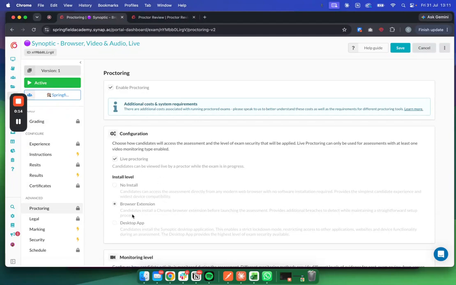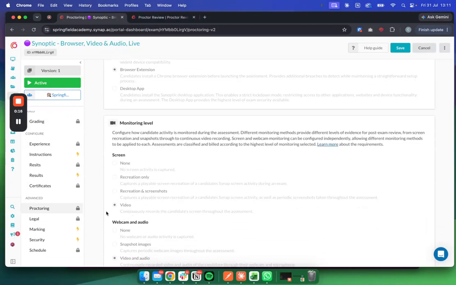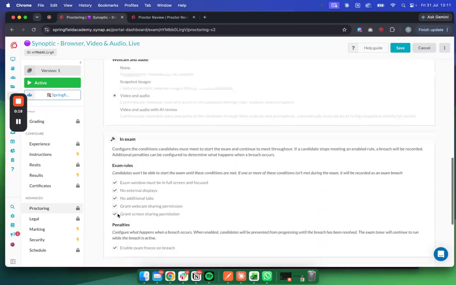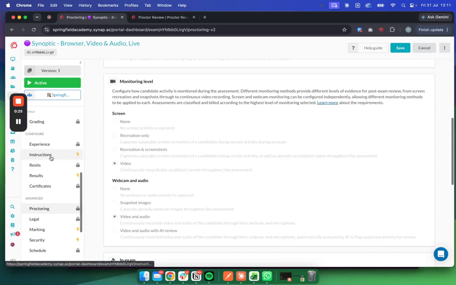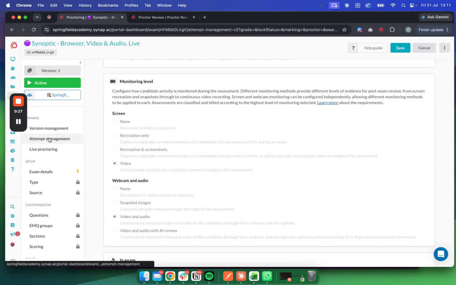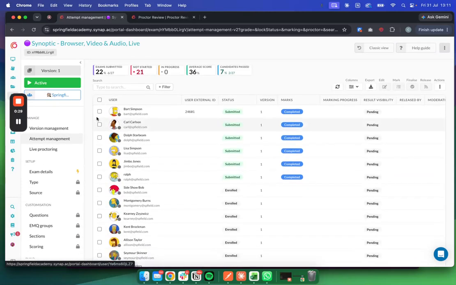So this exam was using the browser extension, and it was using video for both the screen and webcam. Additional rules were configured, so no tabs, external displays, they must be in full screen and focused, as well as freezes on breach. If we head over to the attempt management, we're going to select an attempt that we want